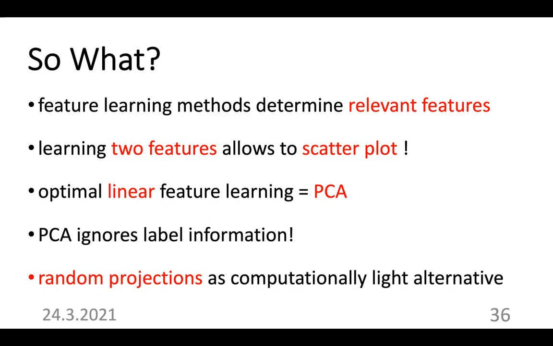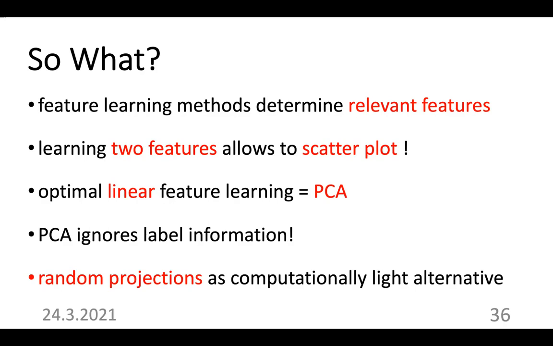This PCA constrains the compression map, which takes the raw features to the new feature vector, to be linear. So we can represent it by a matrix. If we allow for nonlinear maps, like those obtained from artificial neural networks, we obtain different feature learning methods. Then I have highlighted that PCA per se ignores label information. So it might not be very useful to use PCA naively as a pre-processing step for